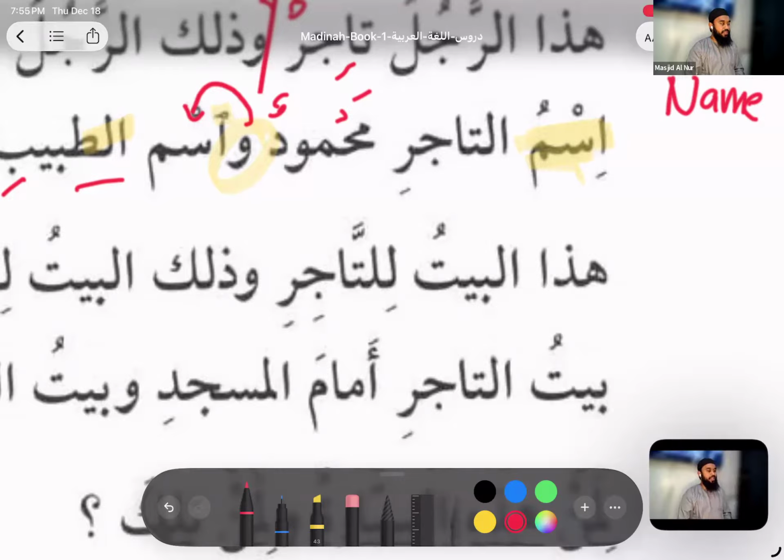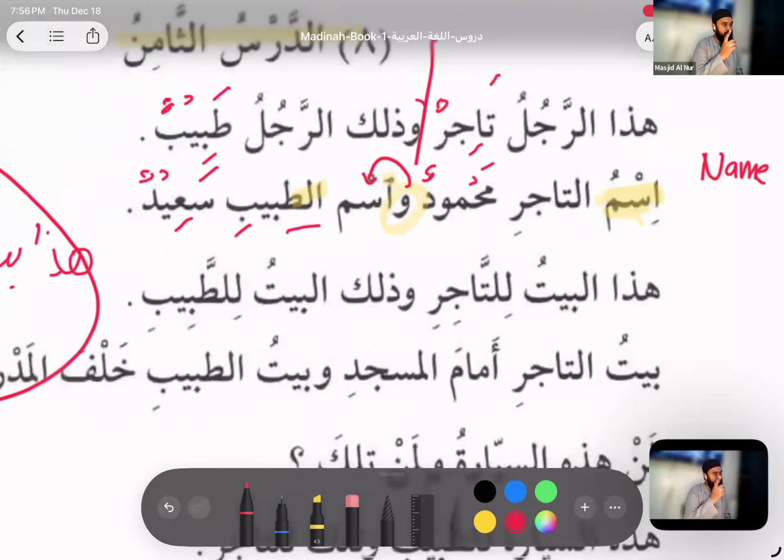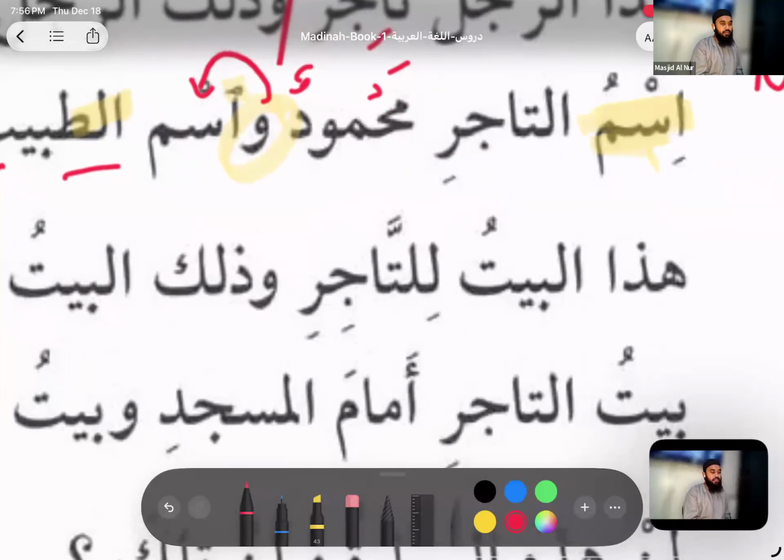Again, you guys are missing the translation of one simple preposition. Like of? What does li translate as? For. So put that in the translation. For the merchant. This house is for the merchant. You see the difference? It's more lughawi, but I want to hear that, so I understand you guys are translating every single word properly. So this house, this is accurate. You would say it this way. But in this text, you will translate accordingly. This is why, in the Quran, when you get the translations, it's very specific, right? So the exact translation will be, this house is for the merchant.